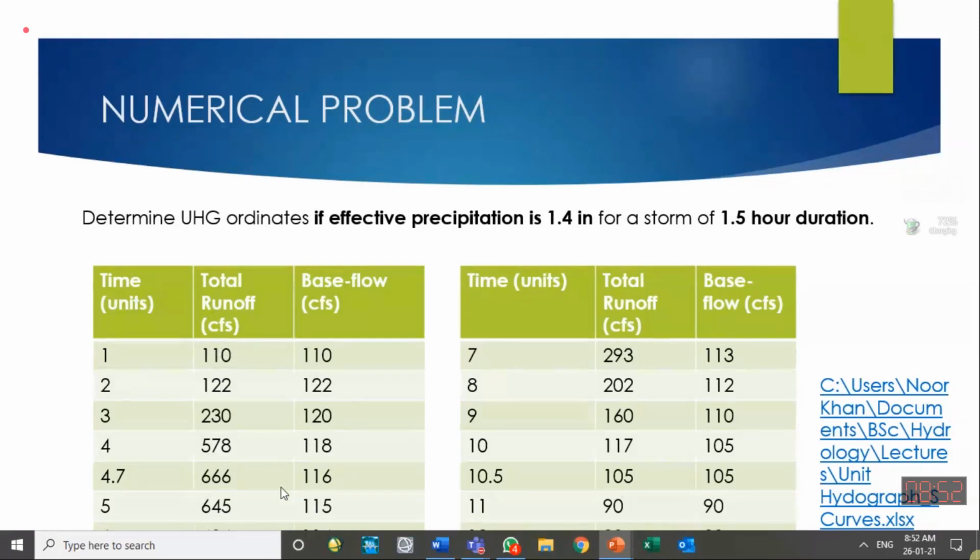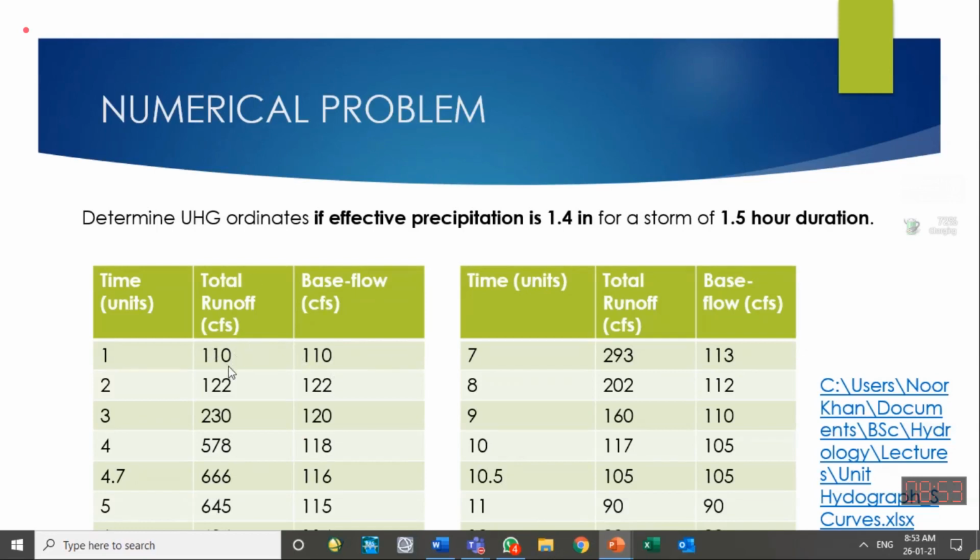When you have all the direct runoff, and if it is in Q6, then you have to convert it into cubic feet. No need to convert it into cubic feet, I think. This is the direct runoff ordinate you will be getting in Q6 units. Sometimes we have it in inches, sometimes in discharge units, both can be used.